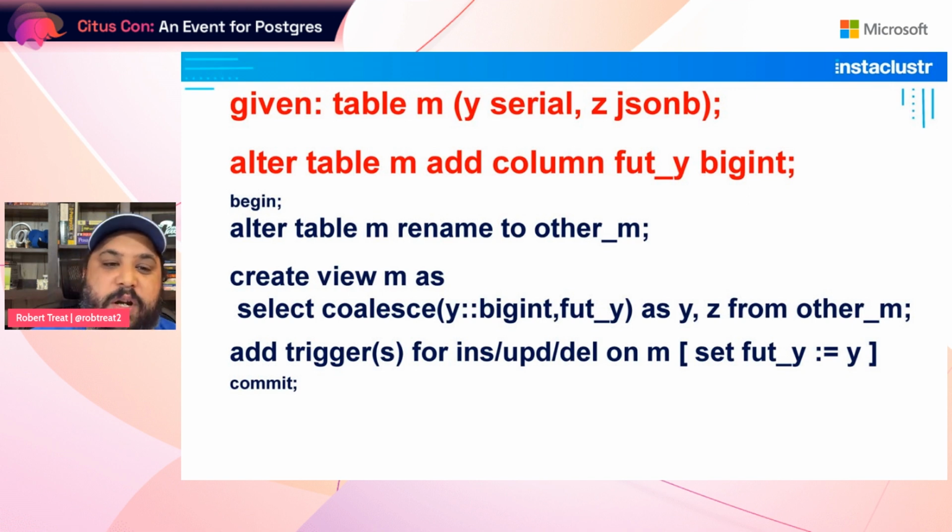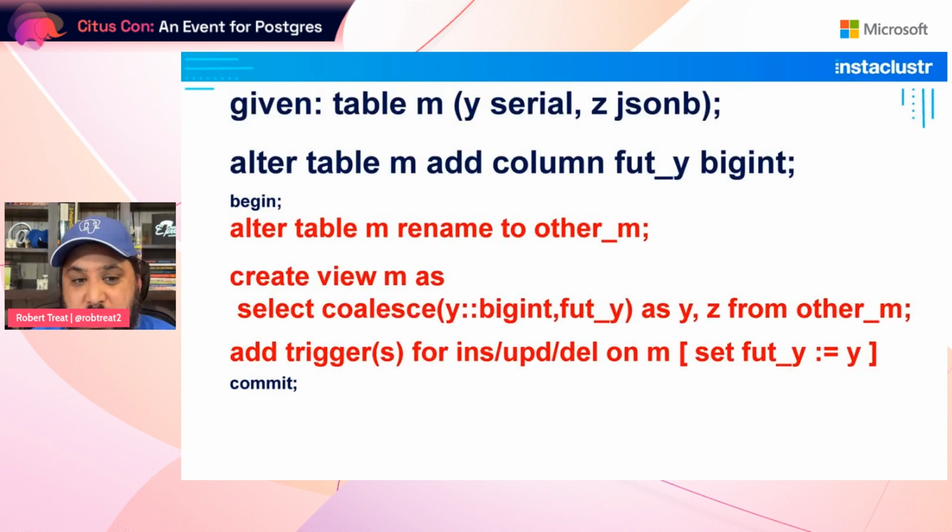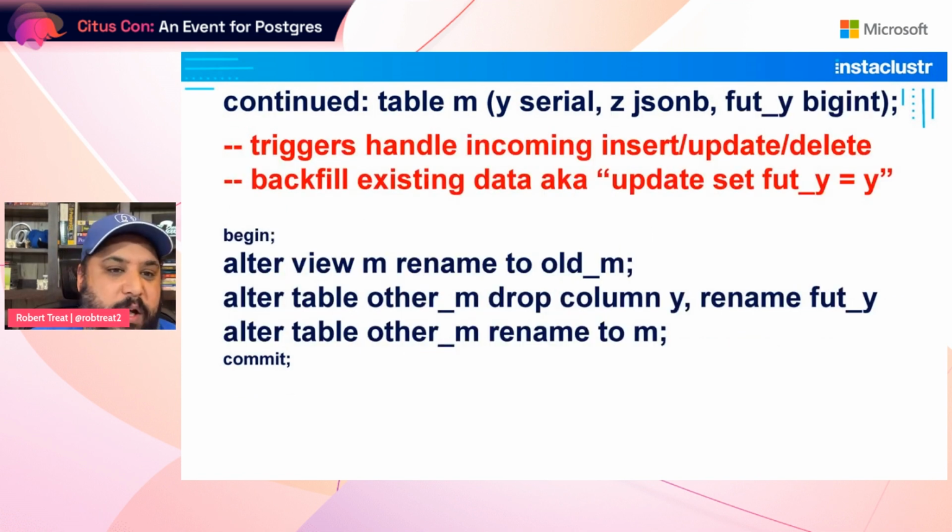From a client perspective, that view will look just like our old table. And then, of course, we are going to need some triggers in there to handle inserts, updates, and deletes. They're now going to go to the view. Depending on what your application is doing, that may just work, but you probably will need triggers in order to handle it. Mostly for being able to set the future Y values to the incoming Y. So if a client tries to pass you a number for Y or is looking something up by Y, you need to handle a little bit of juggling so that future Y actually gets that value, which will become a big int value. Once you have that system in place, you've got your triggers, your view, your table, handling your inserts and updates as needed.